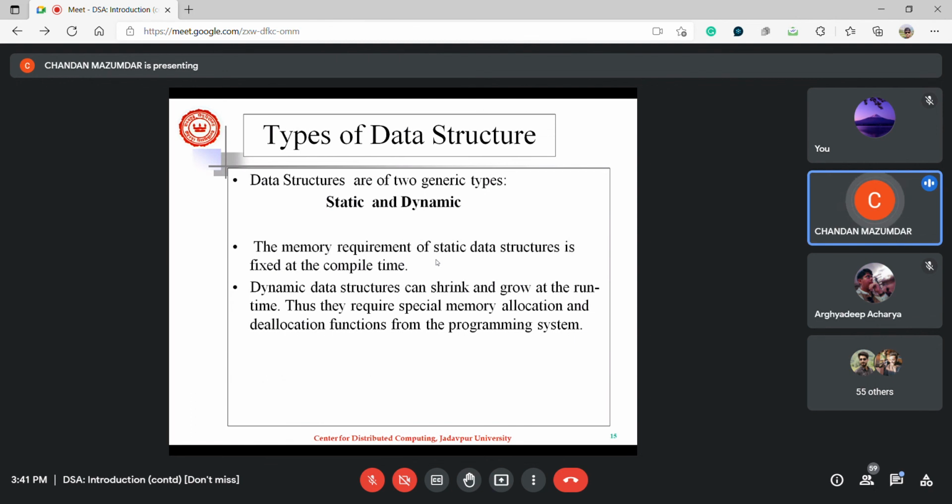কিন্তু যখন তুমি ডাইনামিক ডেটা স্ট্রাকচার প্রোগ্রামিং ল্যাঙ্গুয়েজে ইমপ্লিমেন্ট করবে, তখন প্রোগ্রামিং সিস্টেমে তোমাকে মেমোরি অ্যালোকেশন এন্ড ডিঅ্যালোকেশনের জন্য ফাংশন দিতে হবে। তো সি-তে মেমোরি অ্যালোকেশন আর ডিঅ্যালোকেশনের জন্য কি ফাংশন আছে? malloc or free. Right. So there are two functions in C. One is called malloc, one is called free. আমরা যখন ডাইনামিক ডেটা স্ট্রাকচার ইমপ্লিমেন্ট করতে শুরু করব তখন এগুলো নিয়ে আরেকটু আলোচনা করব, তোমরা দেখে নিতে পারো what is malloc and what is free. These are basically functions given in the C standard library. এটা কিন্তু C এর স্টেটমেন্ট নয়, মাথায় রাখবেন।